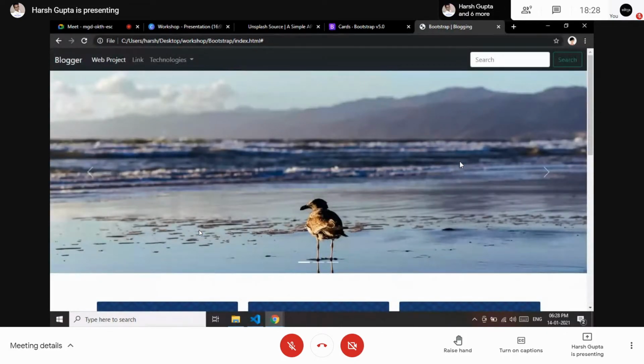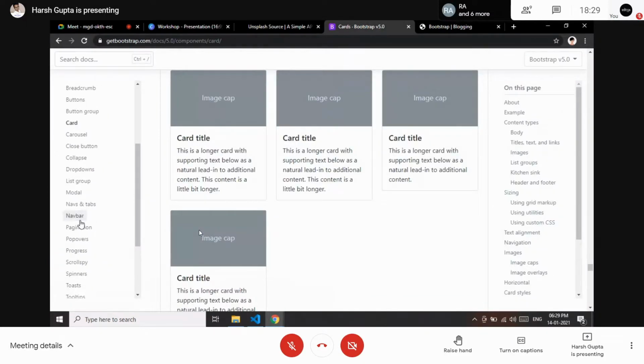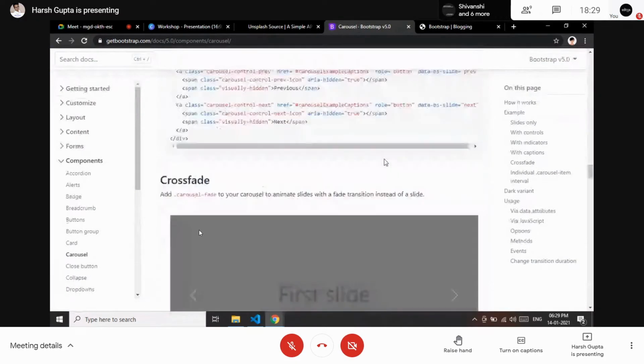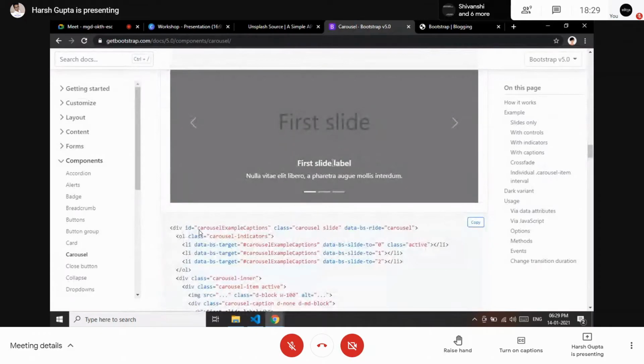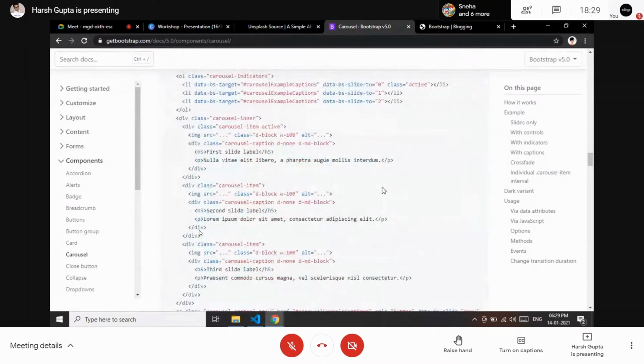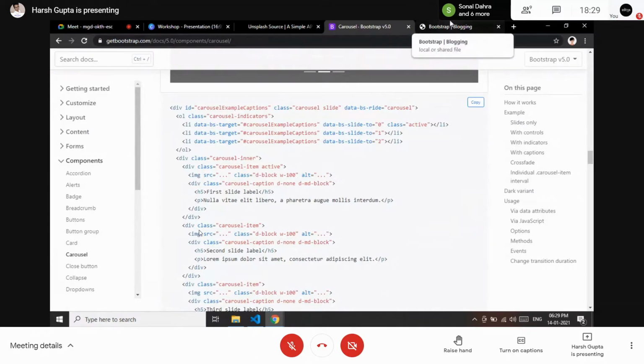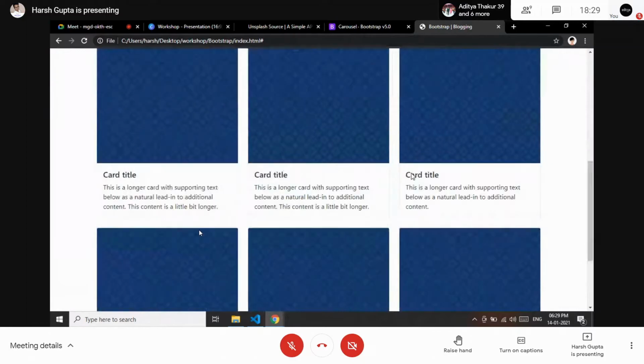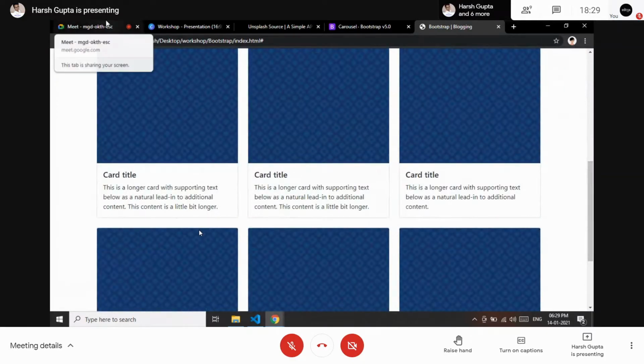So for a blogging website, we have three things. The first is the navbar, second the carousel. On the carousel, you can write anything you want, as I have shown you. If I go to the carousel, from here you can write anything you want. You just need to copy this code and change the content. It's up to you how much you want to change your websites. So it's all up to you. Any questions about this, like the navbar component, carousel, and the container which we have used in our Bootstrap?